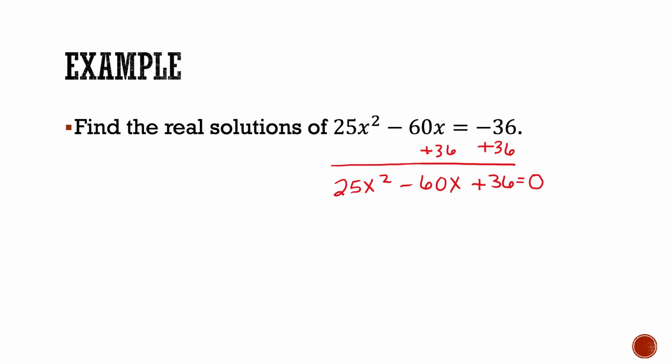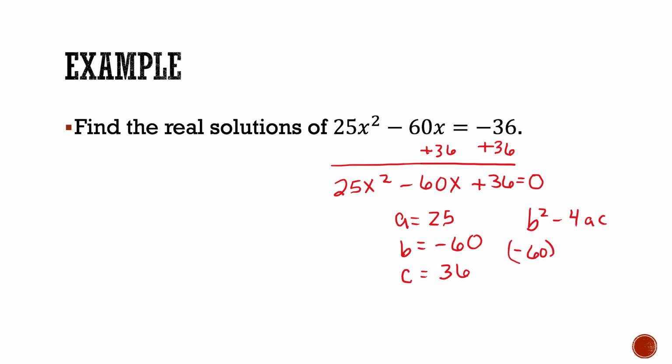So looking at this, I know that the a value, the number in front of my x squared, is 25. My b value, the number in front of the x, is negative 60. And my c value is 36. So before we do quadratic formula, let's check the discriminant. So b squared, I'm going to have negative 60 squared